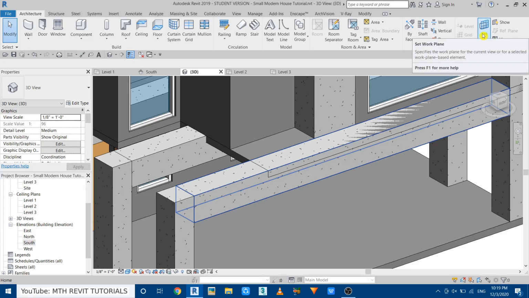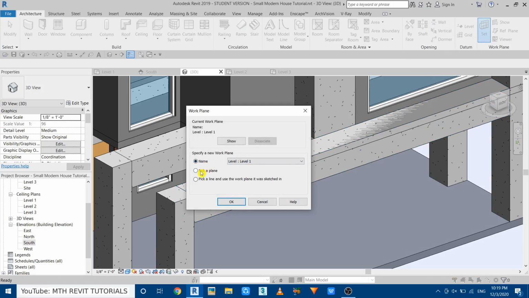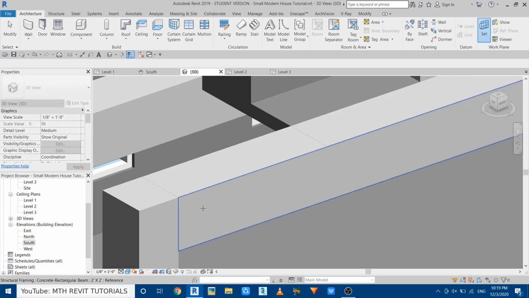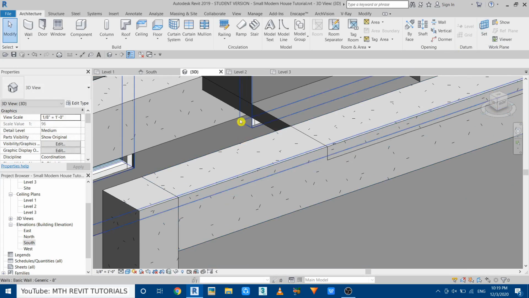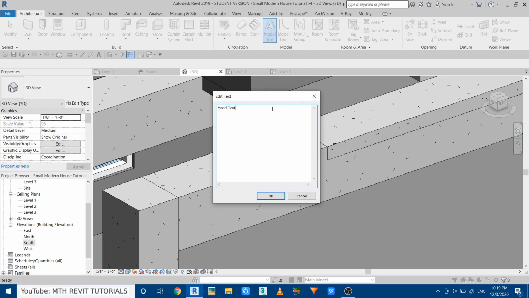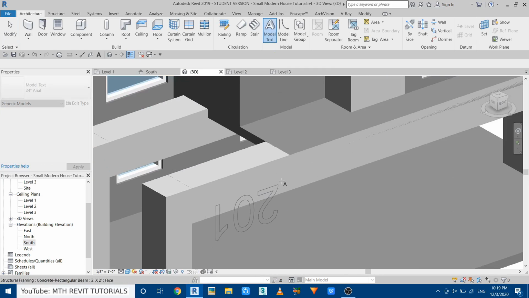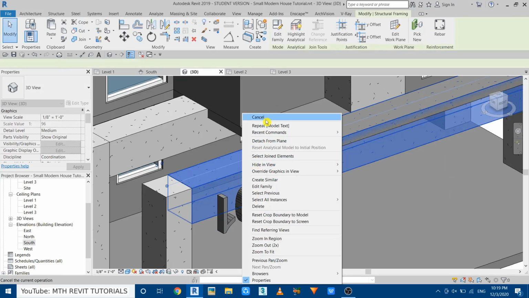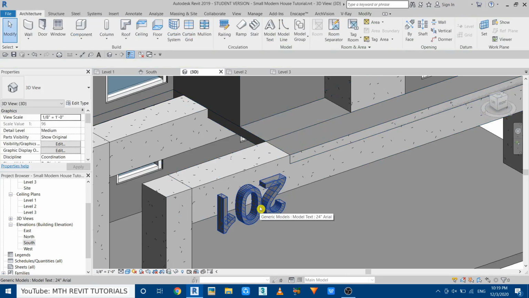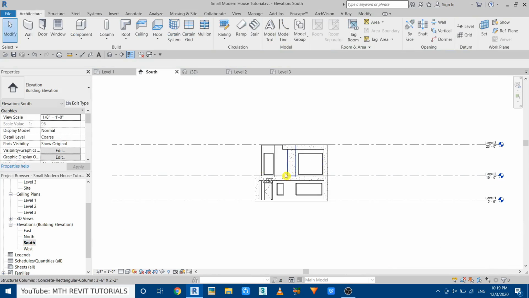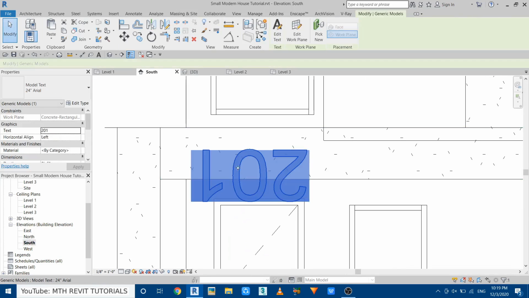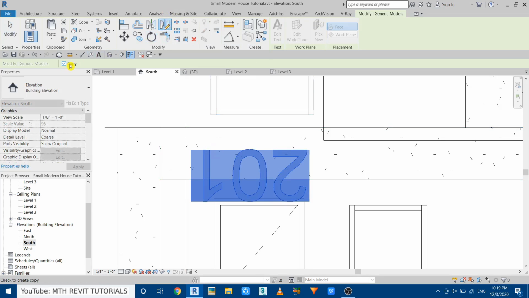So just click here, set work plane, and then pick a plane and pick the face of this beam, and then select model text, and you can put the house number here. So I will put 201 and just place. For some reason it placed upside down, so we can fix that by going to the south elevation and select that and just mirror this. So use the mirror tool, uncheck copy and mirror from here,